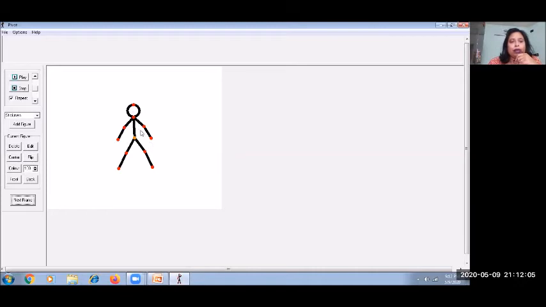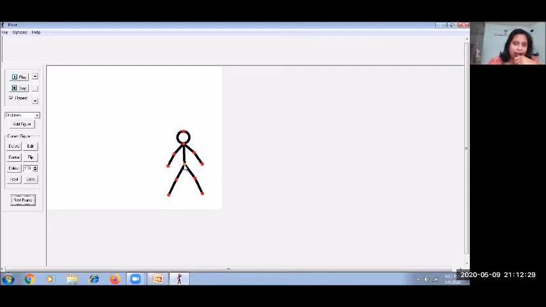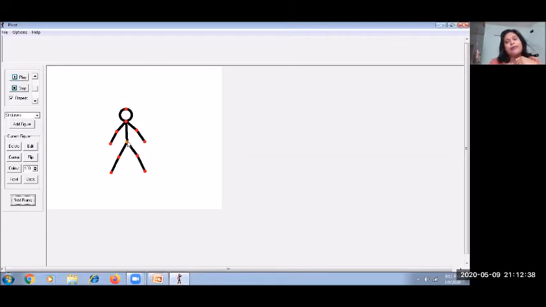Now I want to move our stickman from one place to another place, because if you only drag these red buttons, it will not go until you click on this button. This is called the orange origin. What is it called? The orange origin. Take this one and then release it. This white area is called the drawing area. Okay, so click on it and release it.